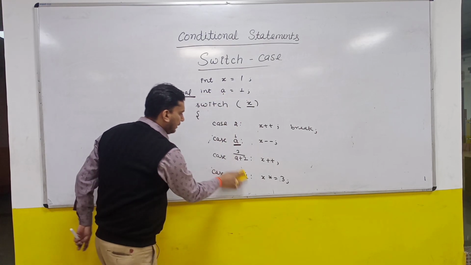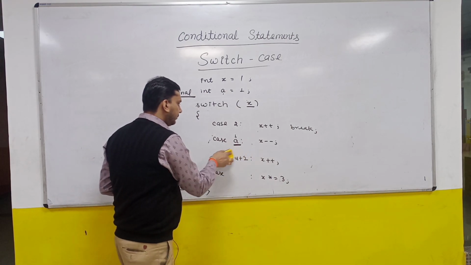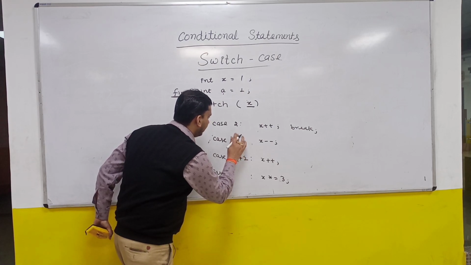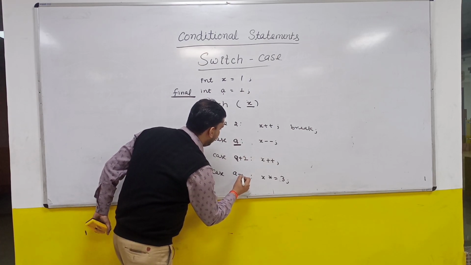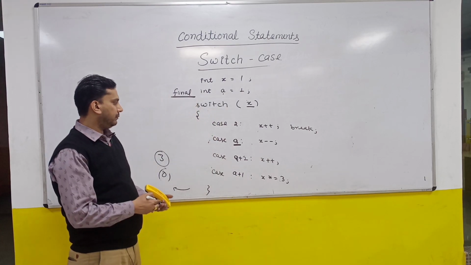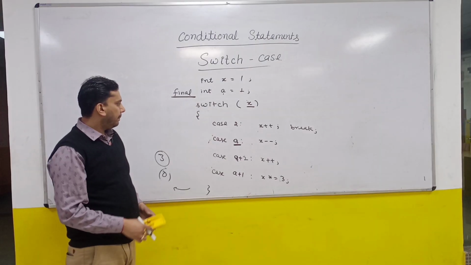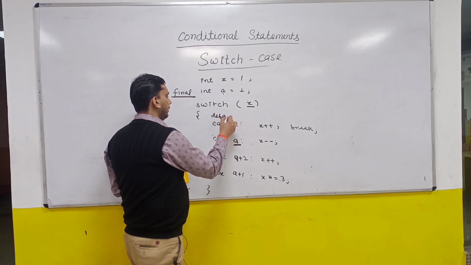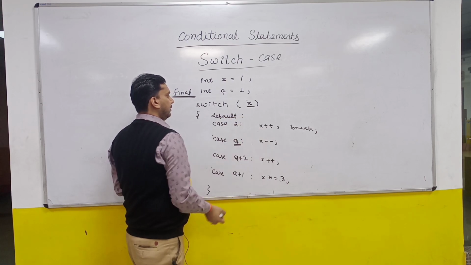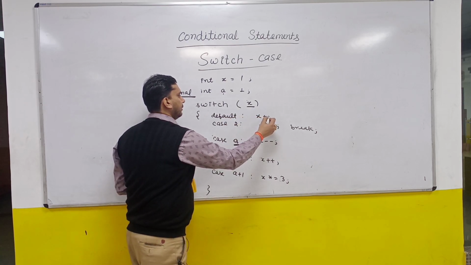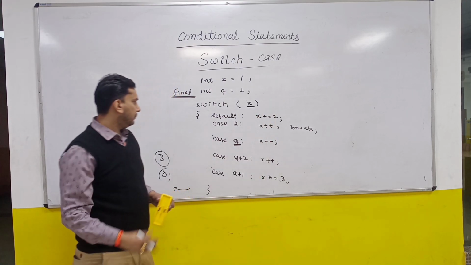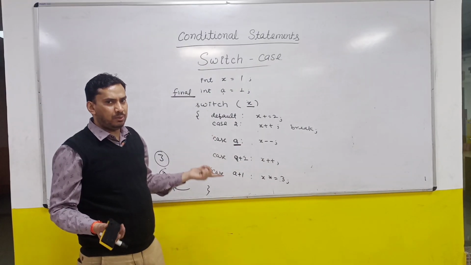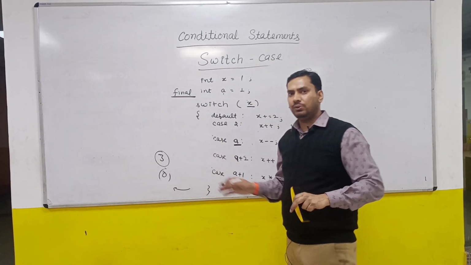Plus a second flavor can be here. You are given something like this. This is your case A and you are given case A plus 1. Something like this. And you can be given some default case also. Default, something like this. So first thing you can get confused is that default is written on the top. So this is not a problem. I have already told you switches allow you cases in any order.